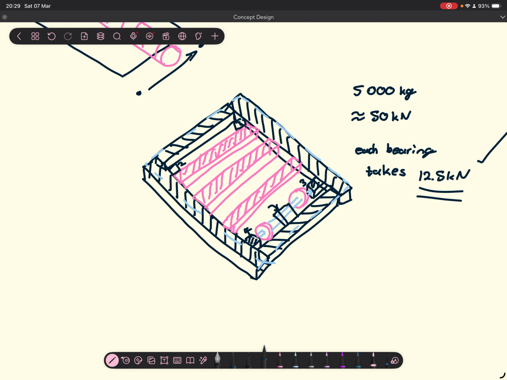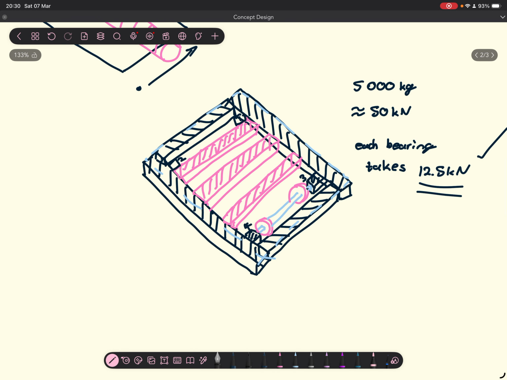So if this portion of the frame is not perfectly perpendicular to this portion, then you're going to have alignment issues. I'm not too sure if we're needed or required to consider things like alignment issues, but it's always good to think about. But yeah,